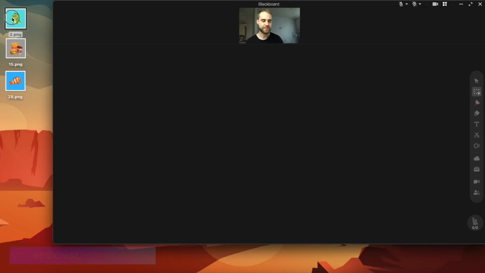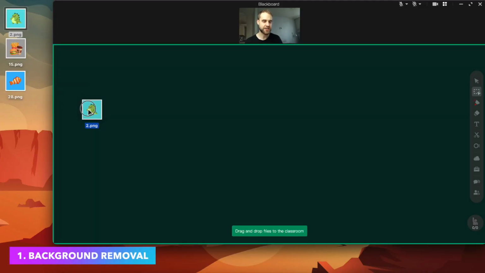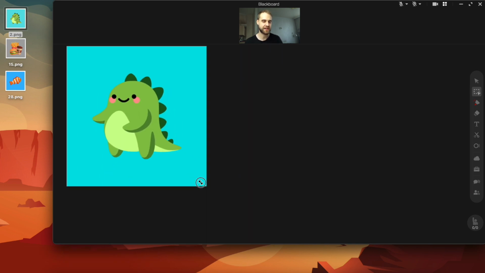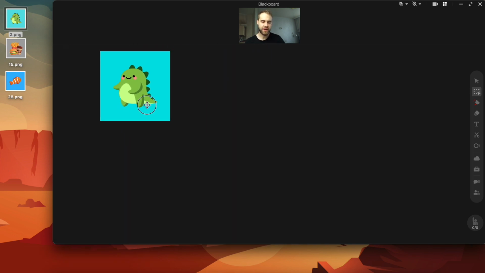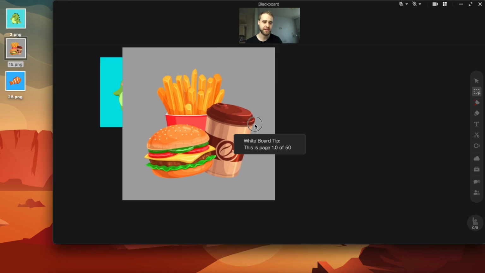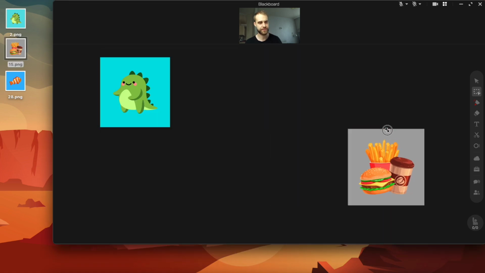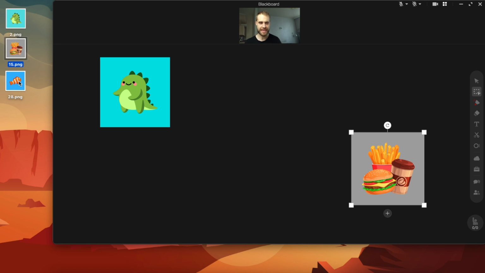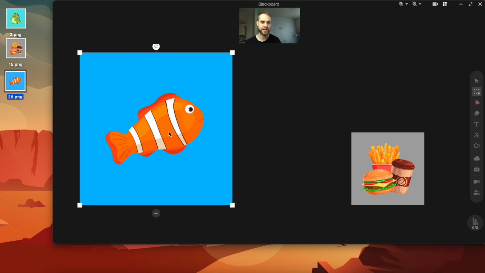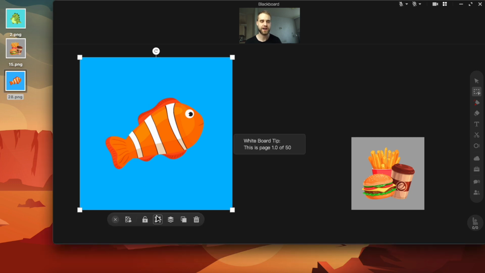The first feature, in my opinion, is a real game changer for everyone who is constantly creating EDB files, because now you don't have to use external apps or websites to remove the background from the images that you use in your EDB files. All you need to do is to add an image to the blackboard, and in order to do that you can just simply drag and drop the image